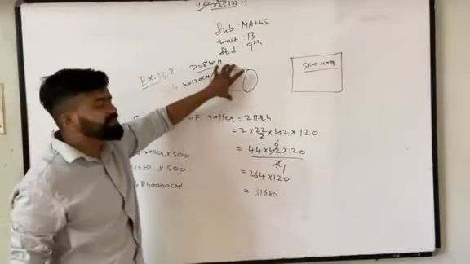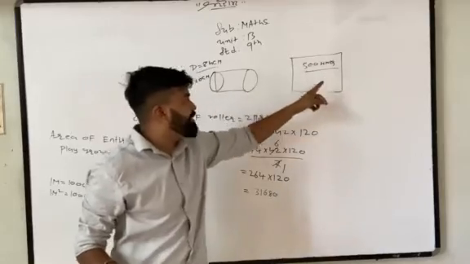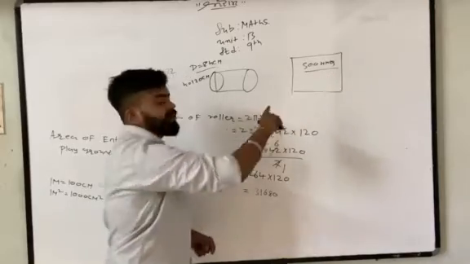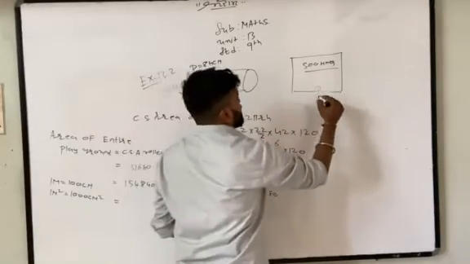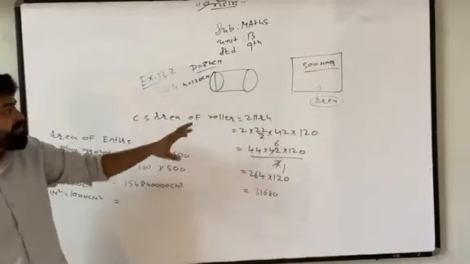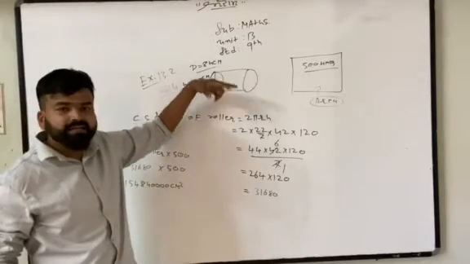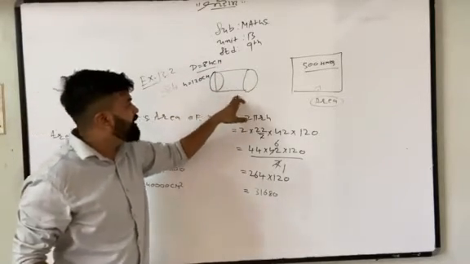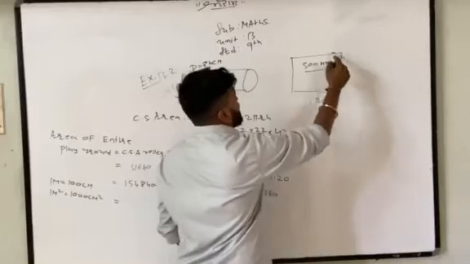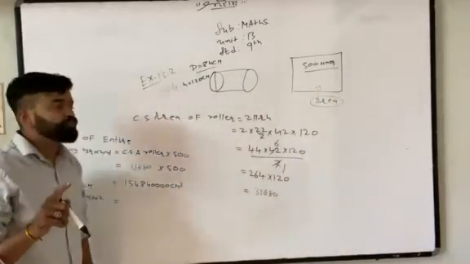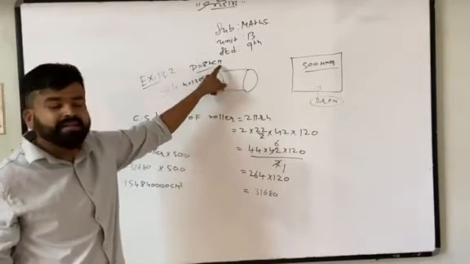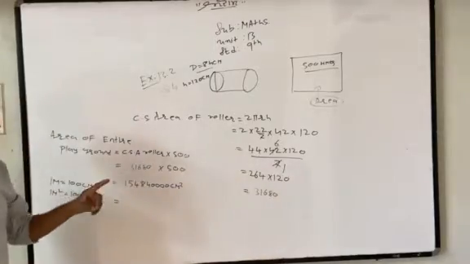This is a single roller which is rolling in our playground, rolling 500 times in the entire ground. We need to find out the area of this entire ground. If we find the area of a single roller, that is the CSA of the roller, and multiply that by 500, we will get the area of the entire playground. But one thing we need to note is that our data is in centimeter and we need to get our answer in meter square.